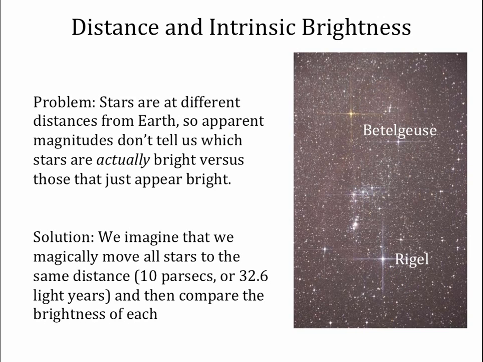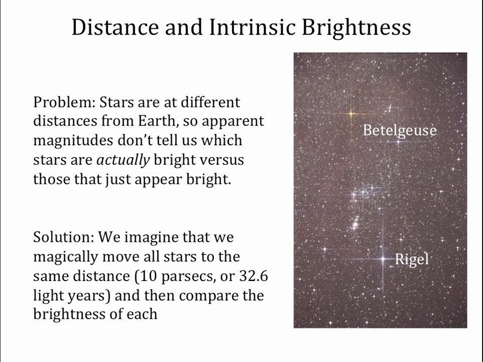But we don't know, although they look about the same brightness, Betelgeuse is just a hair fainter than Rigel, we don't really know which one is brighter because we don't know how far away these stars are. Maybe Rigel is really close and it's an intrinsically faint star, and Betelgeuse is really bright but far away, or vice versa. Maybe Rigel's a super bright star really far away and Betelgeuse is just a faint red star close